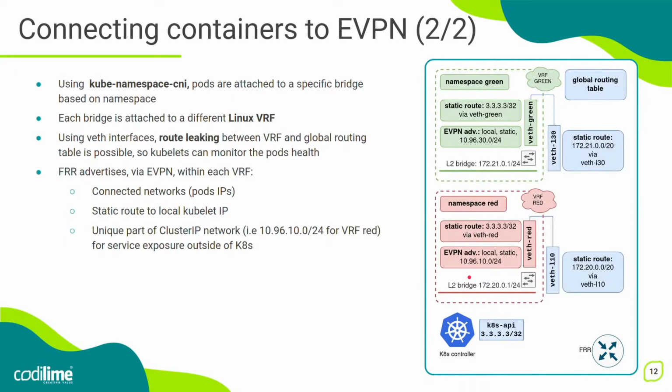As for the last part, for the service network, we can divide that network manually into /24 prefixes, assign each prefix to a dedicated namespace, dedicated VRF, or the namespace from the Kubernetes point of view, and use that subnet for advertising services. So with that all together, we have working Kubernetes, and we can move to the demo.